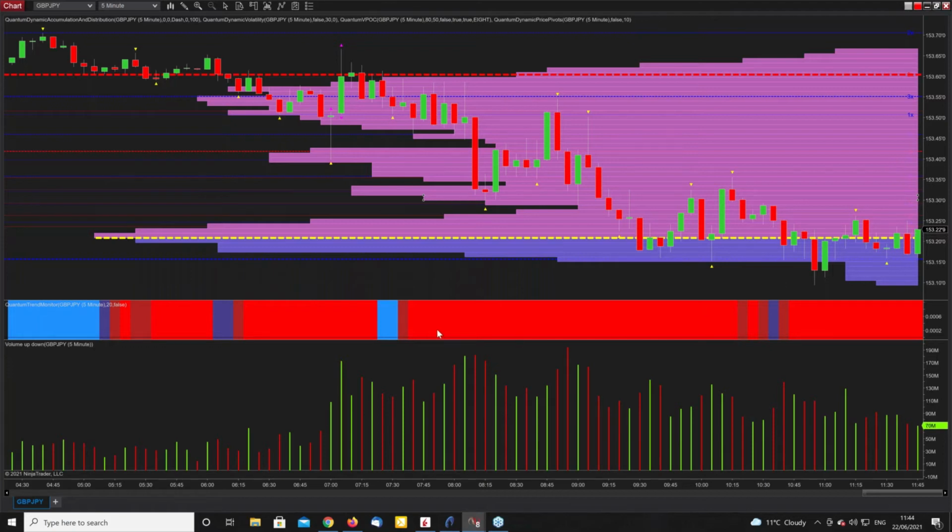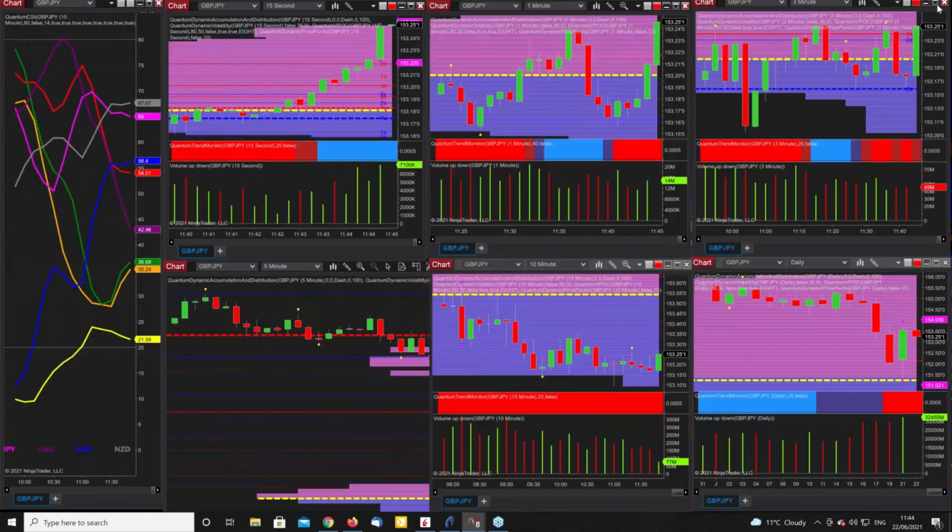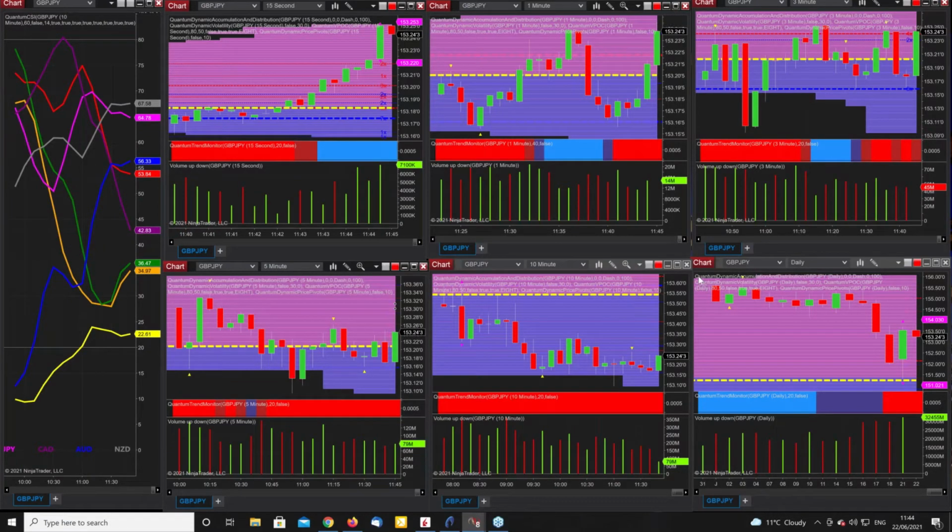But through the other aspect of this, throughout that entire phase of price action, this was the trend monitor. And really the only time it flickered or changed from anything other than bright red was in this phase of price action here. And it's still bright red, and it's not transitioning yet. And of course, you'd use it in multiple timeframes, as we always do. Just trying to start to rally off that.